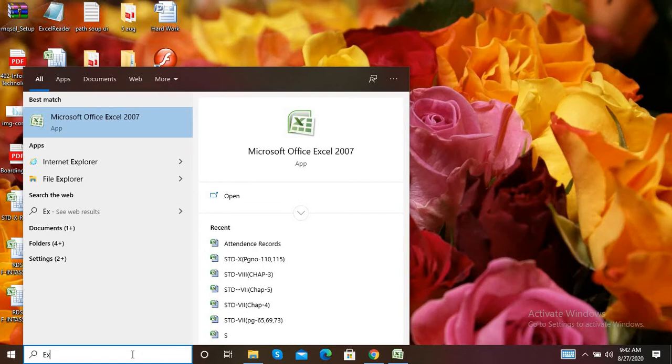Okay, the first point is how to open or how to start Microsoft Excel. Basically, Microsoft Excel 2010 is an important member of Microsoft Office 2010 and one of the most popular Windows based spreadsheet applications, which is used for storing data in a tabular format. Tabular means row and column.